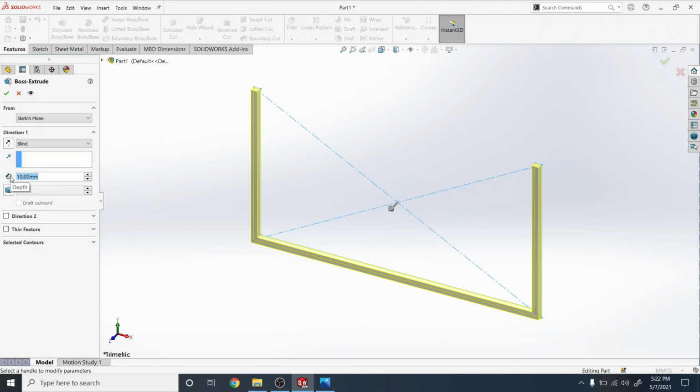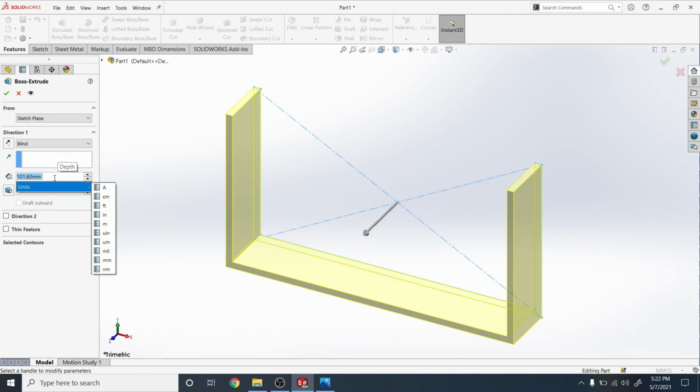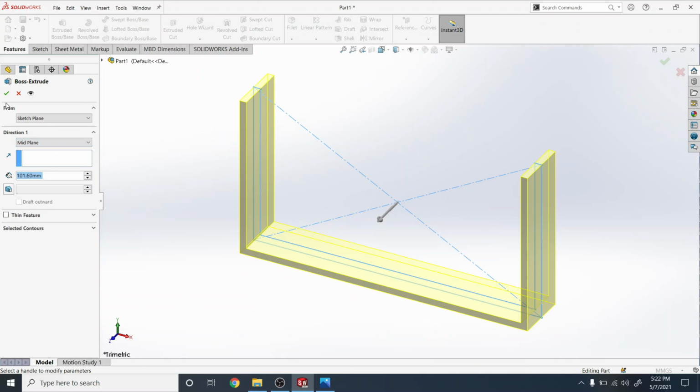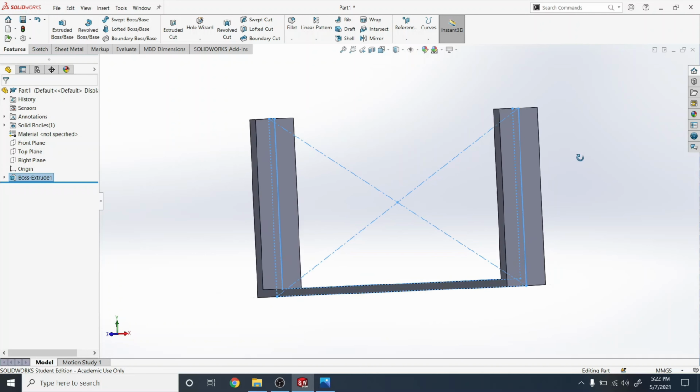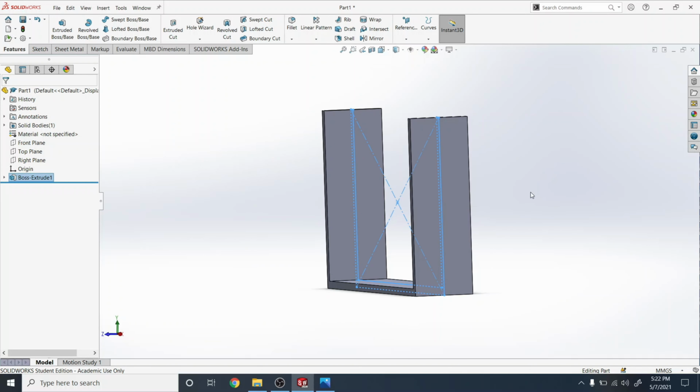So 101.60, and we're going to hit enter on that. As you guys can see, it's coming out one way, which is blind, but I wanted to do it on the mid plane. So change the blind to mid plane like this, and hit the green check mark. So now we are ready with our rough draft here. And we're going to now move the model just like this,